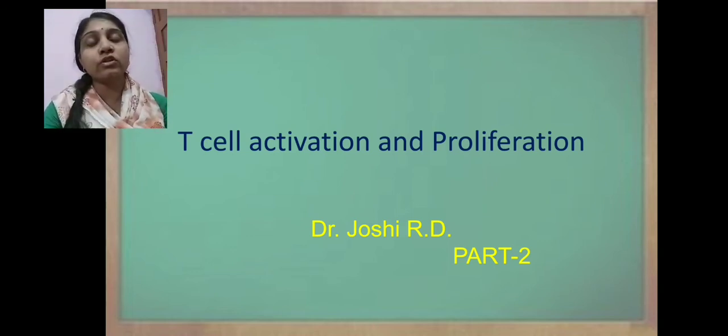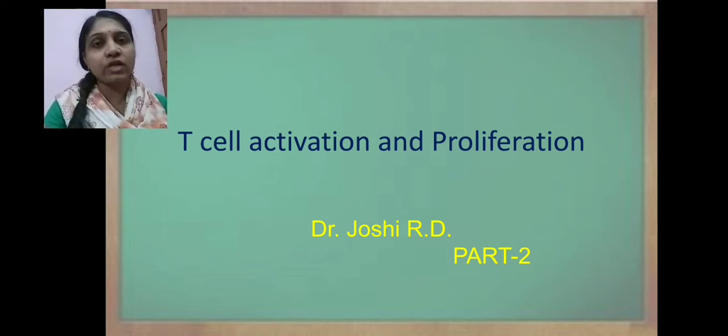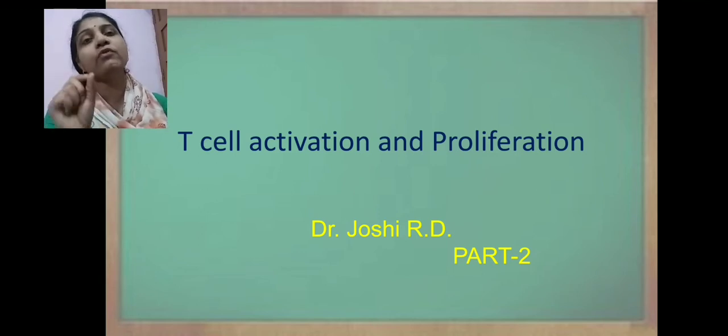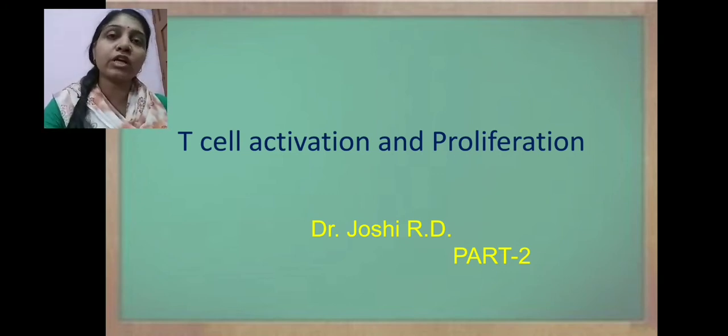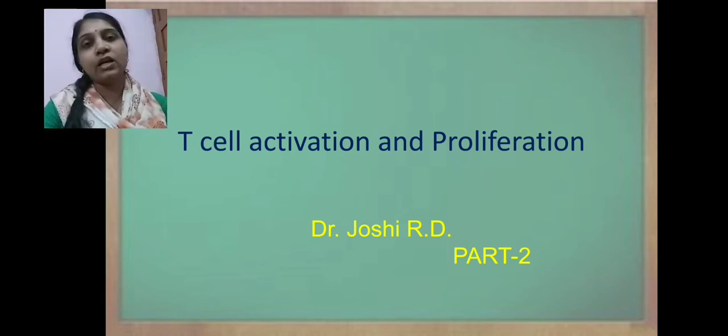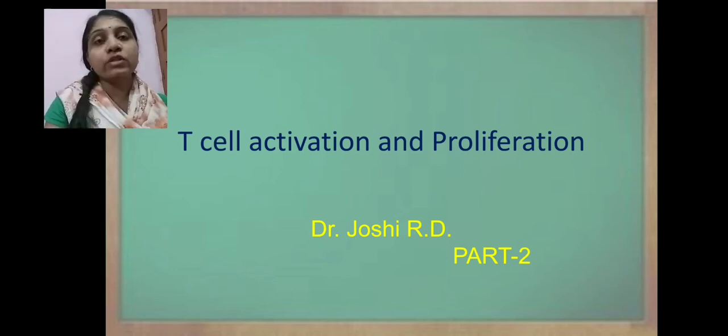Now, as we discussed earlier, only the maturation stage is carried out within the thymus. The activation and proliferation of these T lymphocytic cells is not carried out within the thymus, which is the primary lymphoid organ. The actual site for the activation and proliferation of the T lymphocytic cells is the peripheral or secondary lymphoid organ, that is, either a lymph node, a spleen, or the mucosa associated lymphoid tissue. Within these secondary lymphoid organs, there is the activation and proliferation of the T lymphocytic cells.